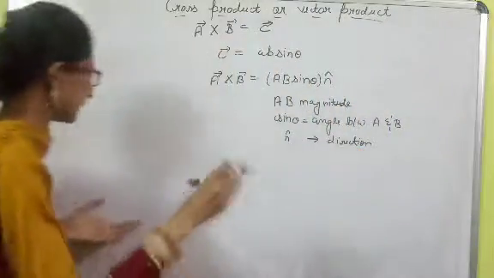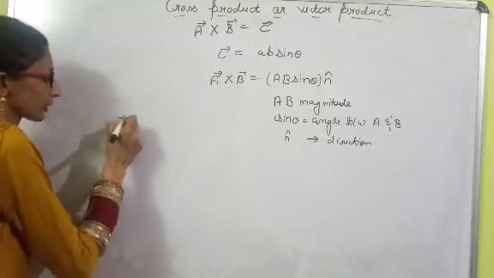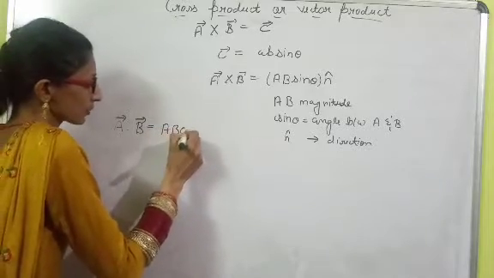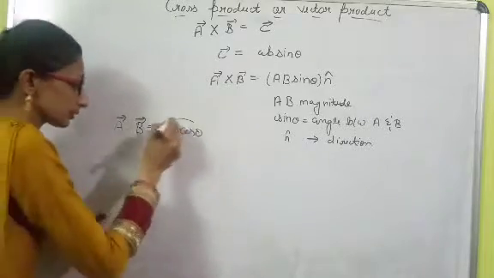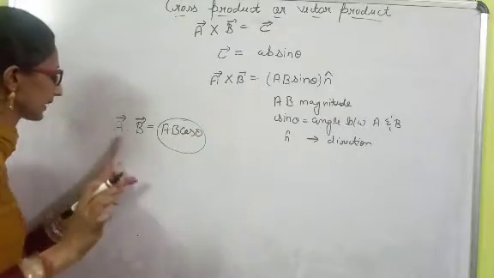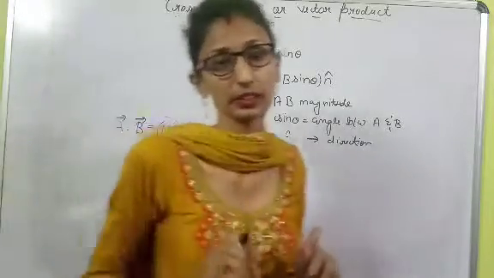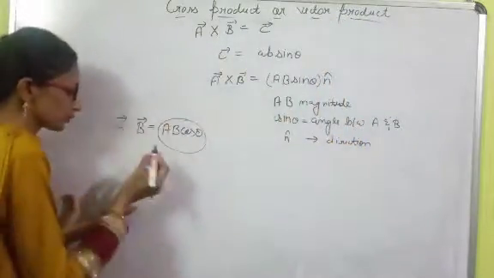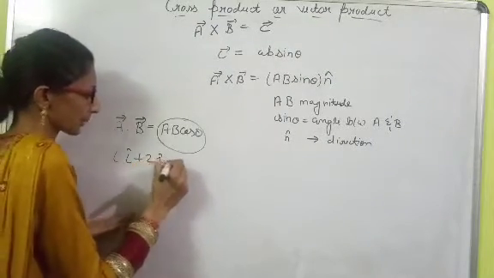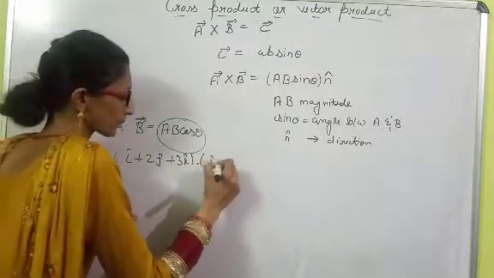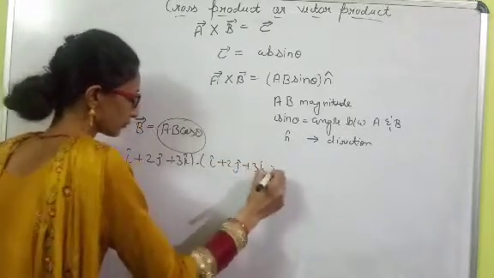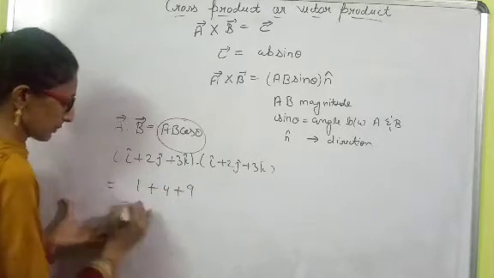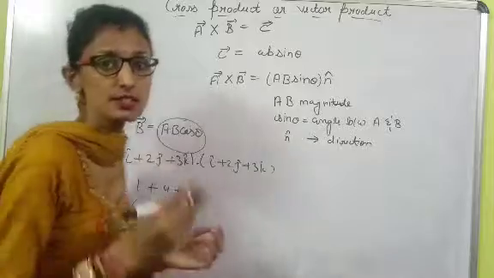One point to be noted: in our previous lecture, for vectors a and b, a dot b gives the value ab cos theta. So the third quantity given by a dot b is a scalar quantity. When we take the dot product of two vectors, say i cap plus 2j cap plus 3k cap with itself, it gives a scalar value, that is 1 plus 4 plus 9, which means 14.